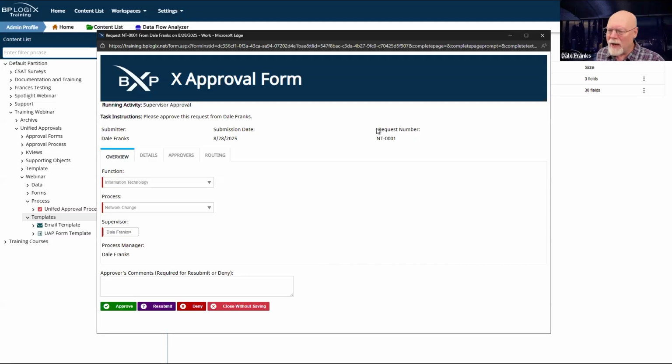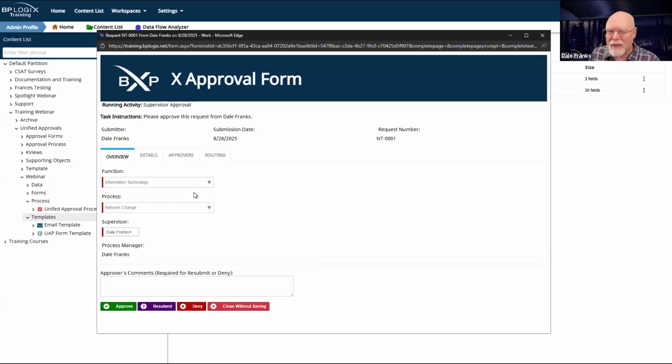Looks like I also have an extra space in here. So that's one of the nice things about testing. I can find these little things that are wrong. But so far, we're good to go. Now, in the real world, I would have all of these fields disabled because I don't want people to go in and edit them later. I didn't set that up in the form template.